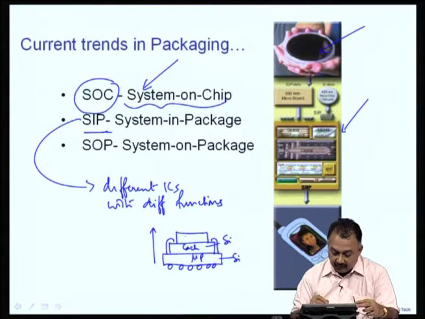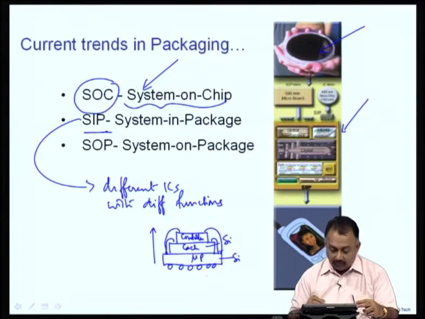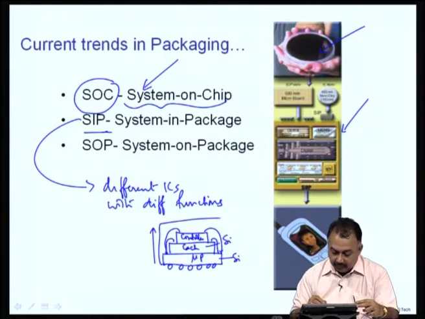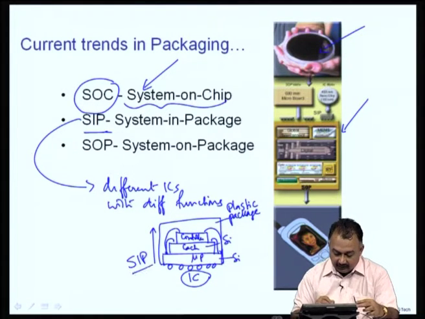Now, this can perform different system function. For example, it can be some other controller card, controller chip. Now, this is again connected to the first substrate, first device. Now, the entire thing can be packaged. This is your package. This can be a plastic package. So, this now becomes a custom built IC. So, this is called system in package.